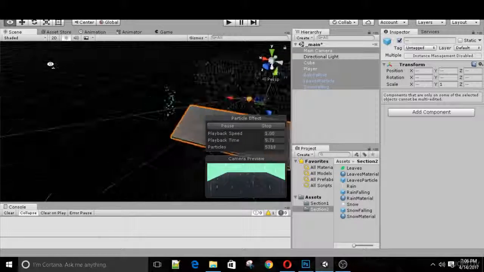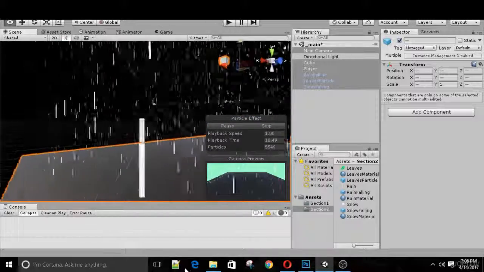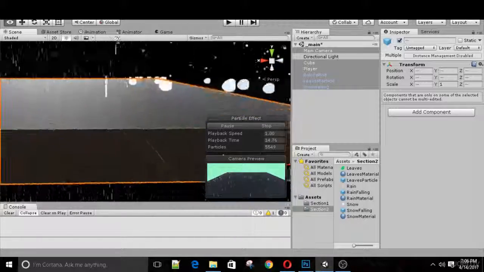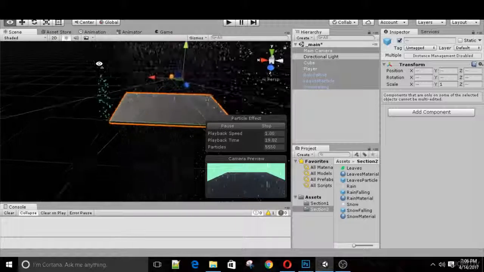I think personally they look really nice. These leaves can be used in a lot of ways. This rain is rain that you would see in any game, and the snow is also, you can see some of it is colliding with this. So yeah, that's all the